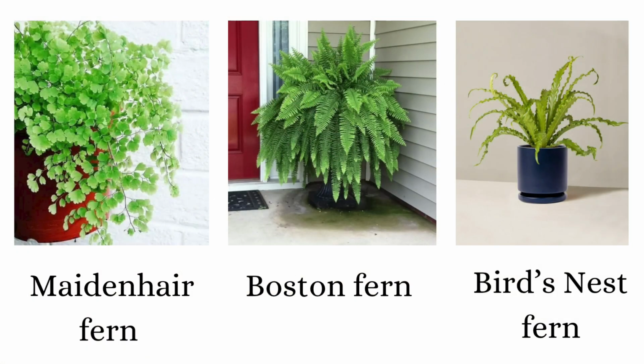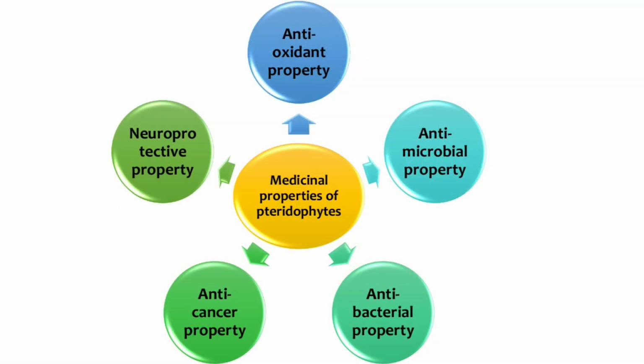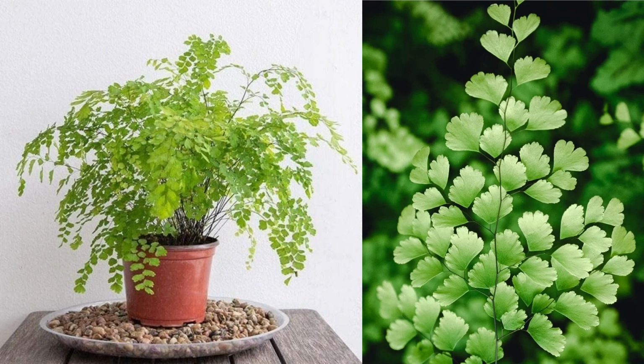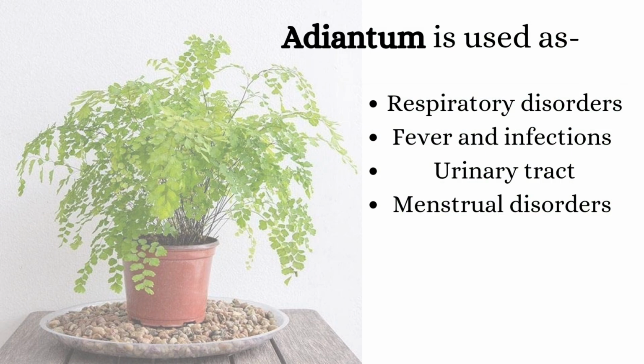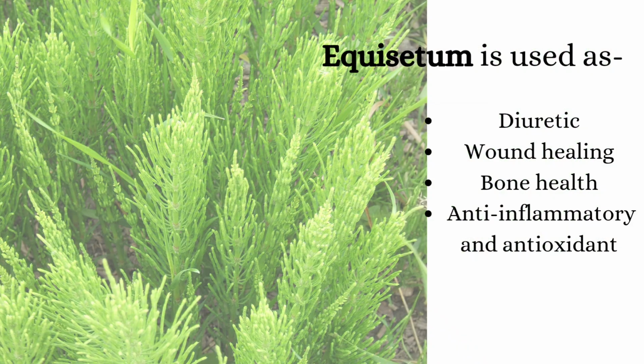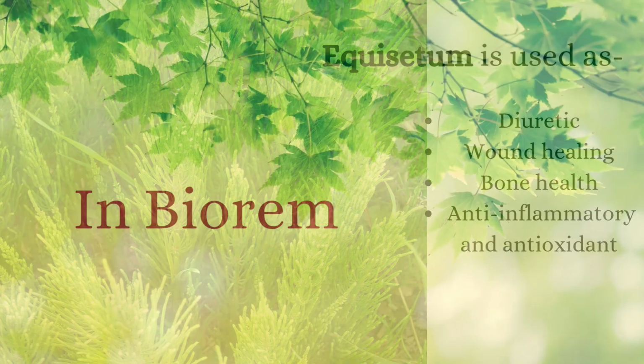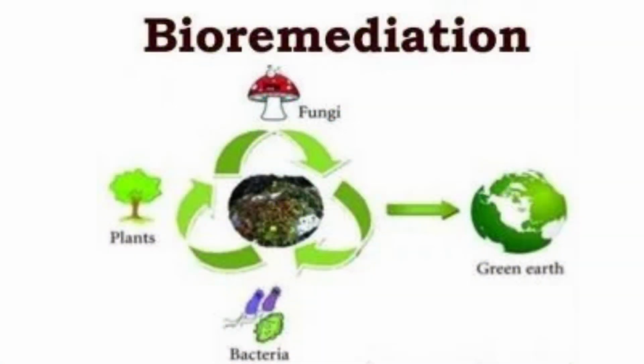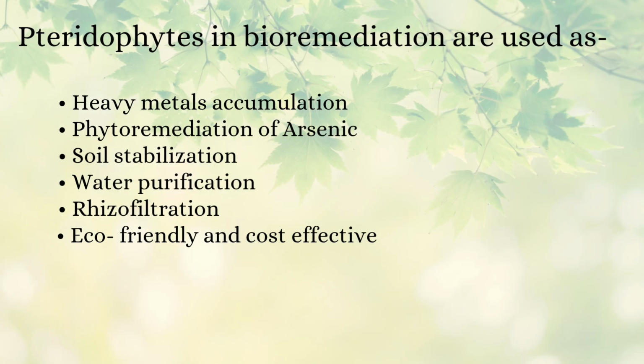Some popular ornamental pteridophytes include Boston fern, maidenhair fern, and bird's nest fern. As medicines, many species contain bioactive compounds with antibacterial, antifungal, anti-inflammatory, and antioxidant properties. For example, Adiantum, the maidenhair fern, is used to treat coughs and respiratory issues, while Equisetum, the horsetail, is known for its diuretic and wound healing properties. In bioremediation, which is the process of using plants to clean up polluted environments, some pteridophytes can absorb and accumulate